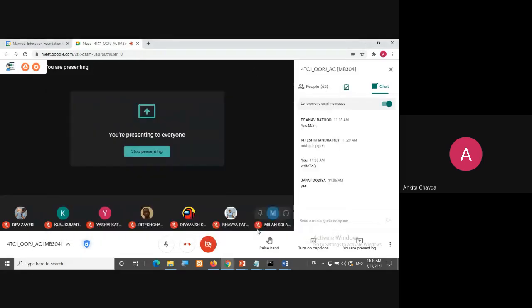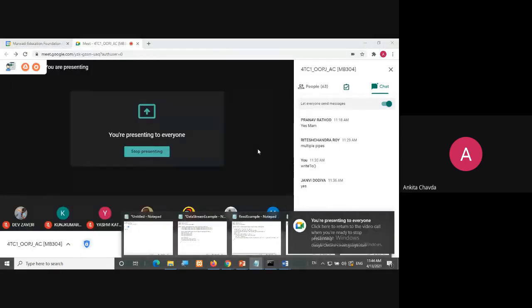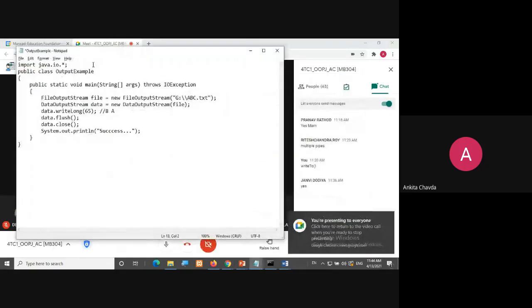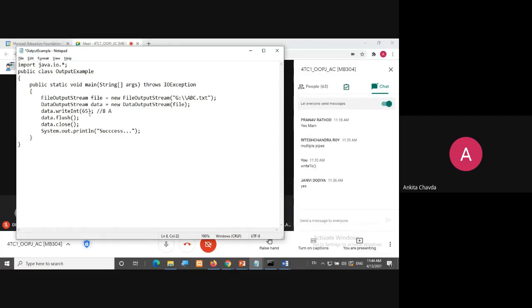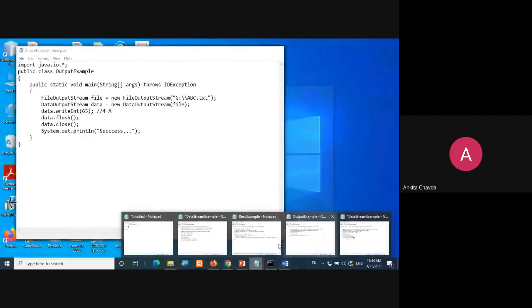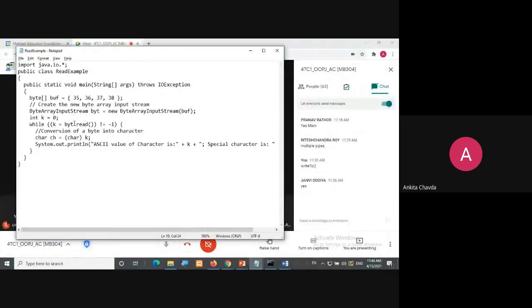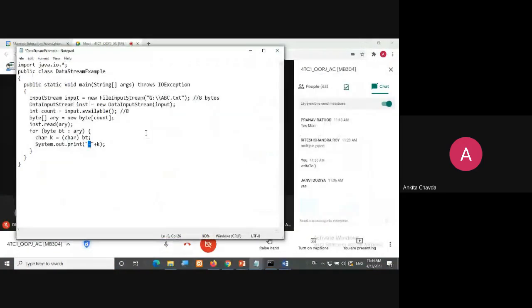Now we will change here. Now in this output stream, this is my output example, and I'm writing long. Now I'll write the integer method, 4, obviously, right? And here when I read it, read example, sorry, not this read, this data stream example, here I don't have to do any changes. Whatever you are doing at the time of writing, automatically this will return 4 bytes. I don't have to write anything else.